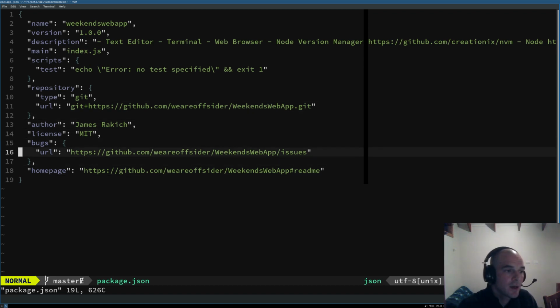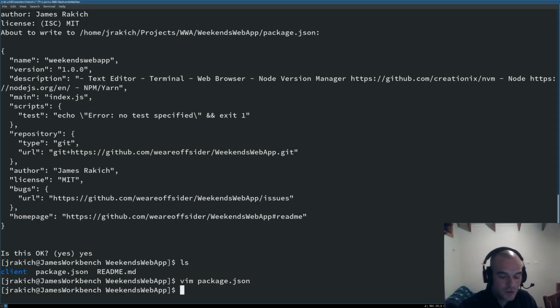tells npm, which is the node package manager, if you remember. The node package manager is what allows you to install different packages. But you've also got a package manager called Yarn, which is quite useful, and you can use pretty much either of them. So if we wanted to install Pug,